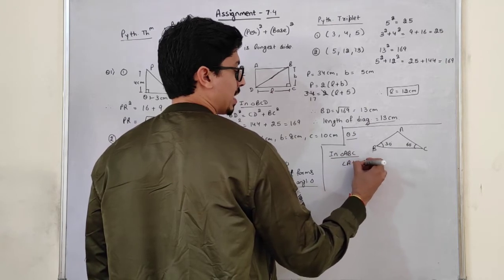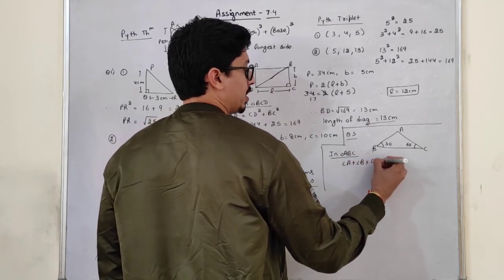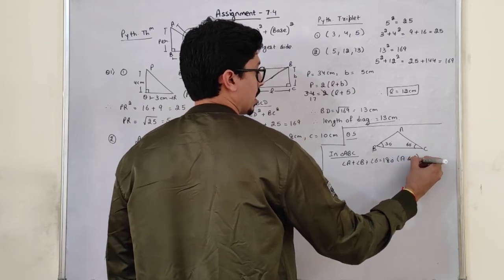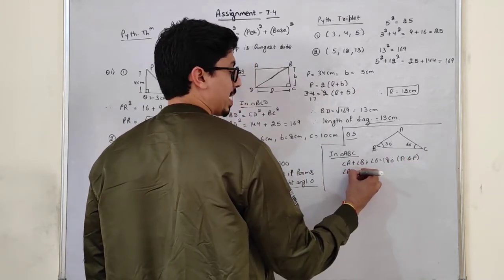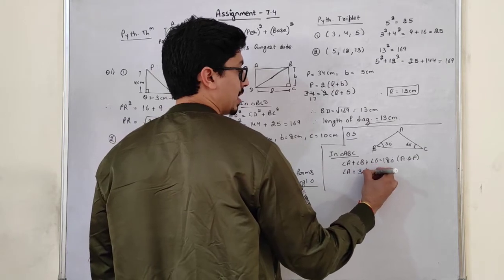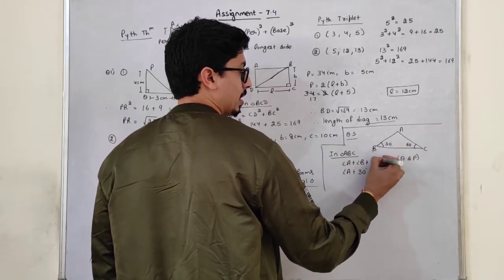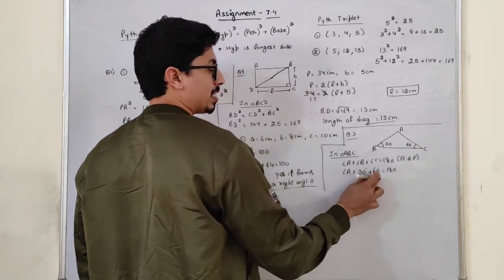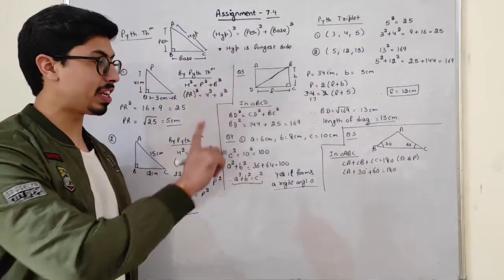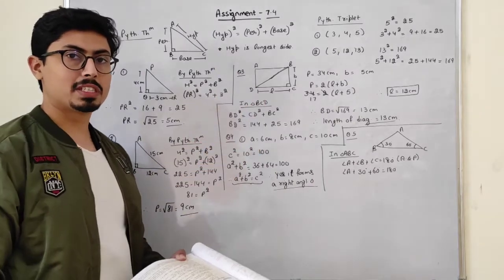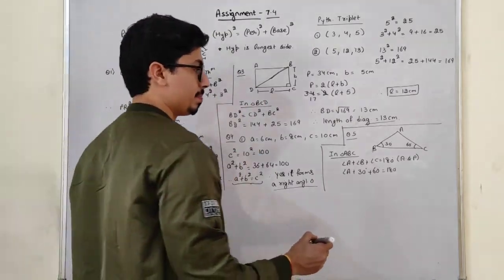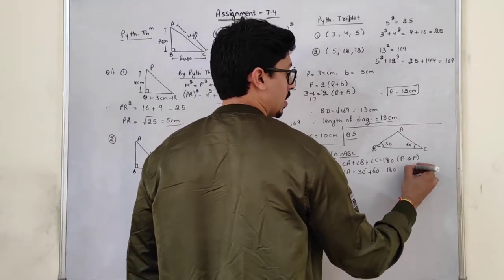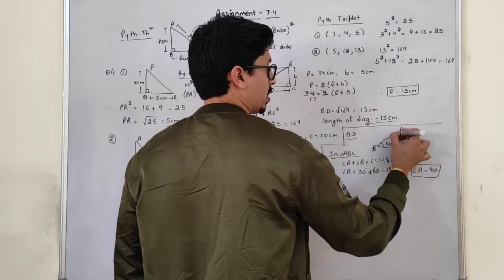plus angle B plus angle C, it is equals to 180 degree. That is the angle sum property. Angle A we don't know, students. Angle B is 30 degree. Angle C, it is 60 degree. So the sum of these two is 90. When 90 goes to the right hand side, it will be subtracted. So angle A, we can say that angle A is 90, students. So this is 90 degree.